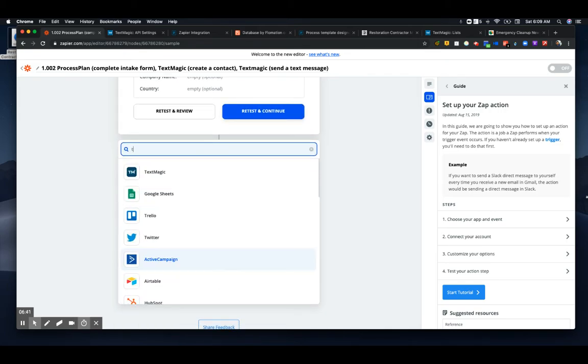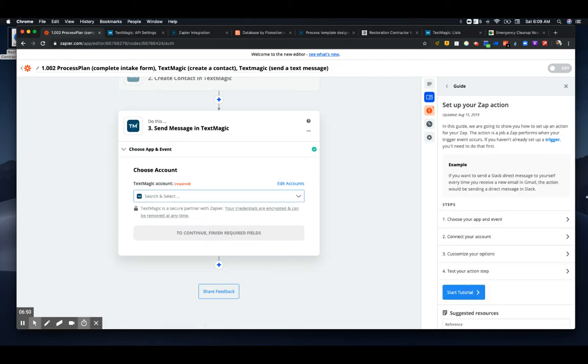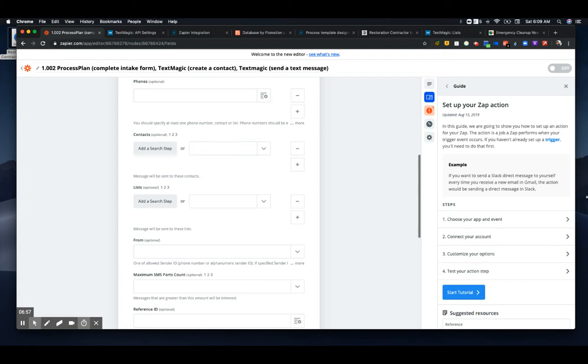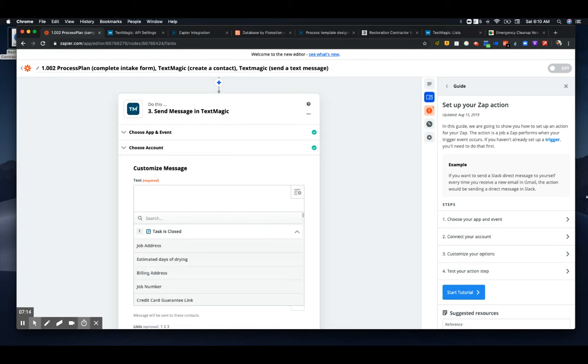We're going to do TextMagic, because now we want to send a message. Continue. Search and select. Now you select your account. This is where you get to put in whatever information you want to put. This is going to be generic for whoever you guys are. What I would say is just put customer first name,